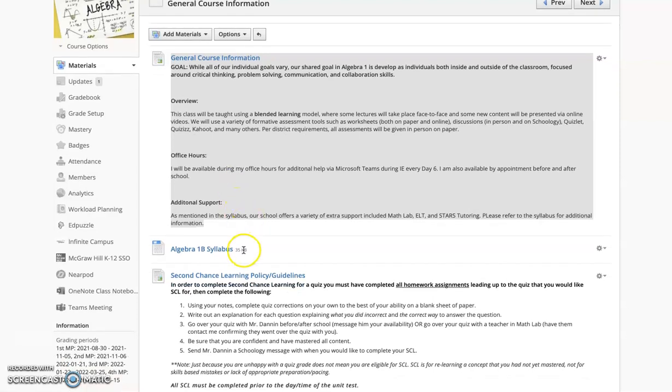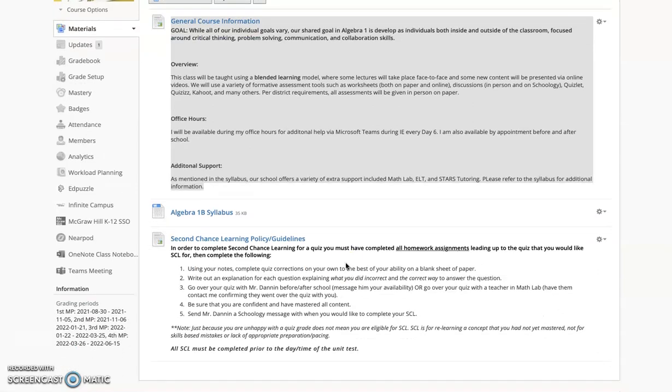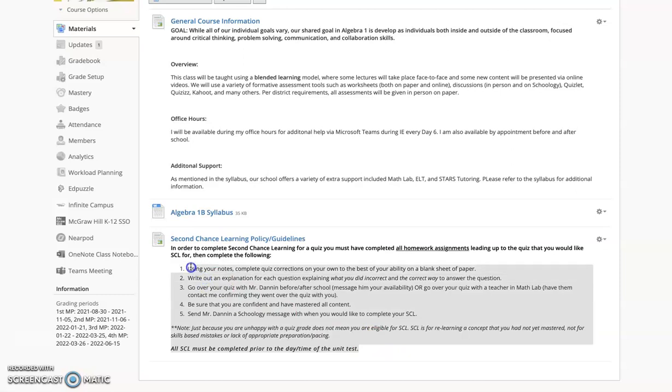I was also able to embed our syllabus right here, which runs through some specifics of the course, as well as a second chance learning policy. Our syllabus is a district-developed document and fairly consistent through all of the mathematics courses in my school. The syllabus, aside from discussing general expectations, also speaks to grading and pacing for the year. Additionally, the syllabus also covers our second chance learning policy. However, I put a specific page in this model, which can be seen here, summarizing the process and importance.